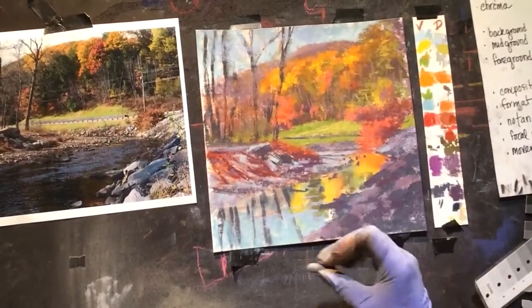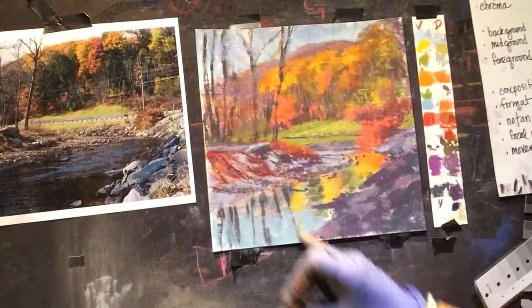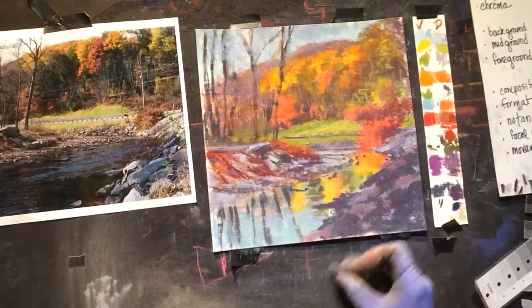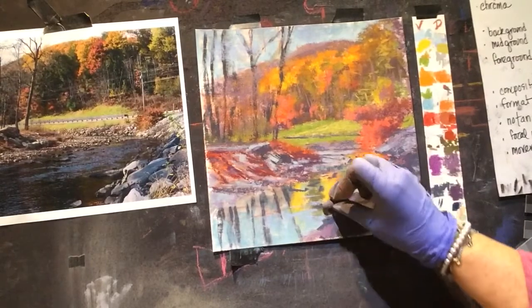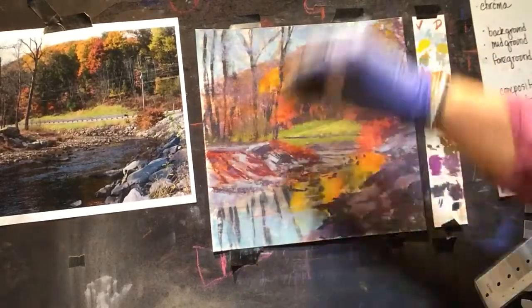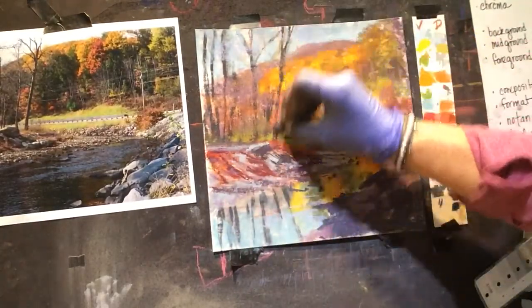Right now it's bugging me, but I think it's bugging me because it's such a big value difference. It's got all this light around it, and we are going to be darkening some of that. So I am going to leave that and just there. Okay, all right, so what I'm going to do is come in and get these trees sorted out and come down. Just get some of these